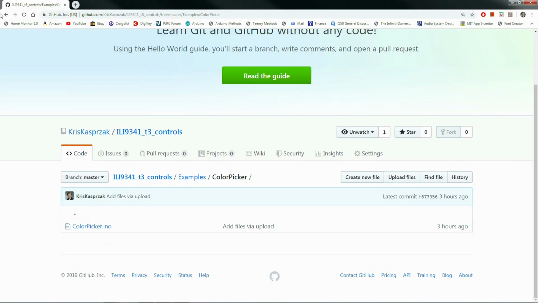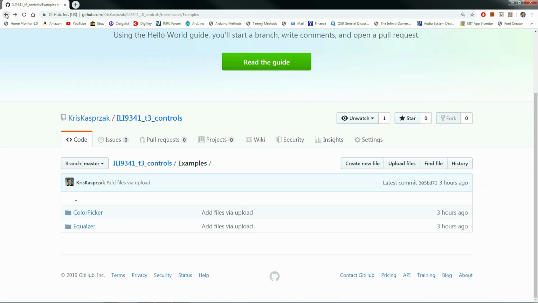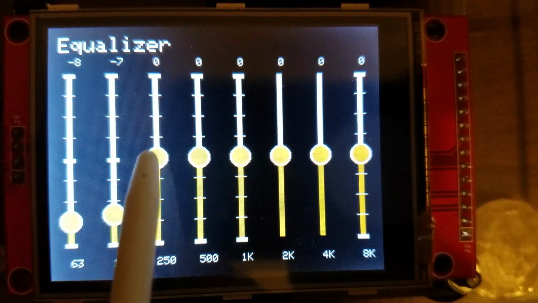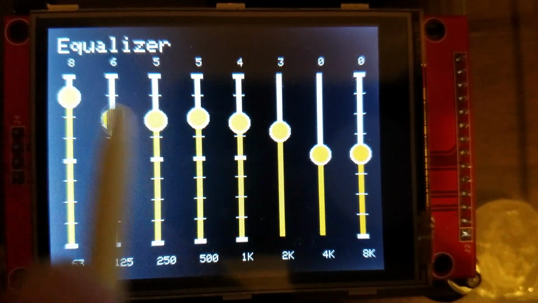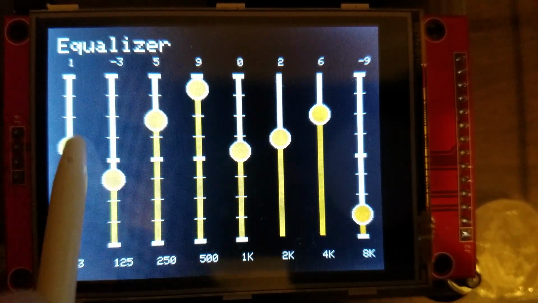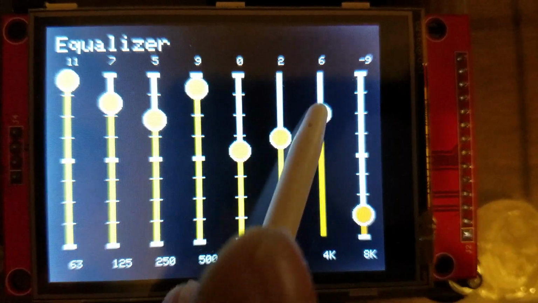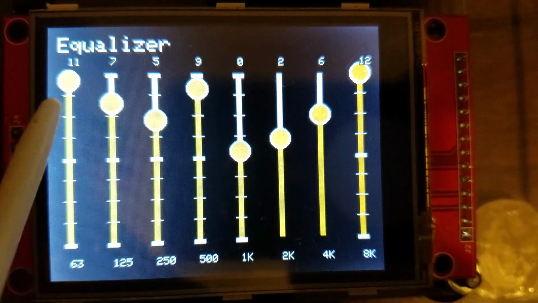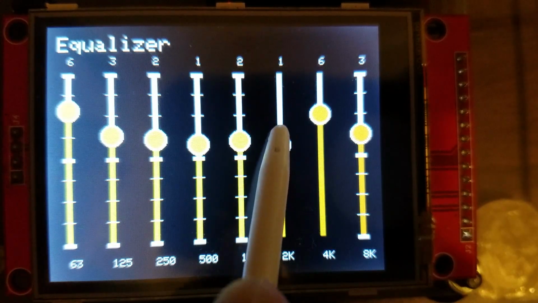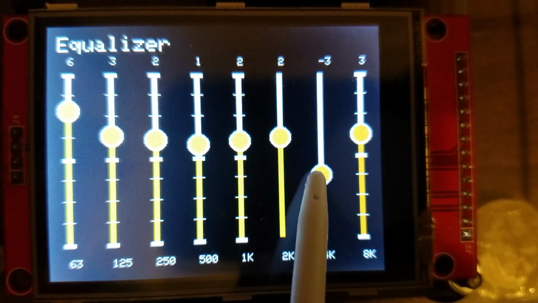The second example is a user interface for an 8-band graphic equalizer. Note the display option for the first 5 bands where you can specify a scale but no snapping. The 2K band has no scale and no snapping, and the 4K band has no scale but 3 dB snapping. Finally, the 8th band has 3 dB scaling and 3 dB snapping. You can specify any combination and the scale increments don't have to match the slide snapping.